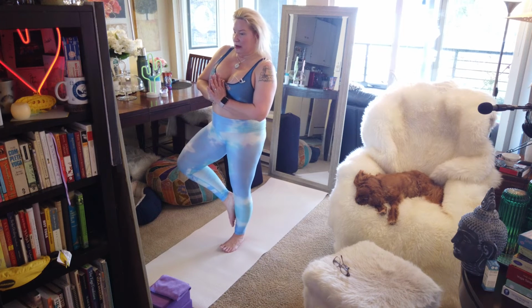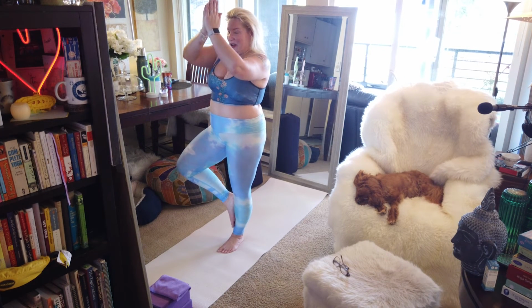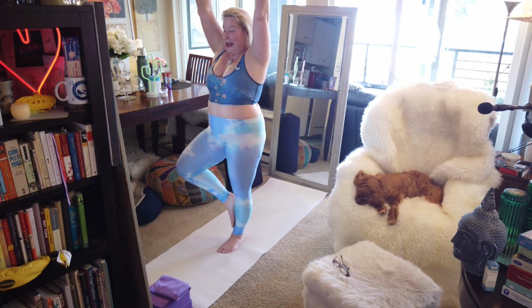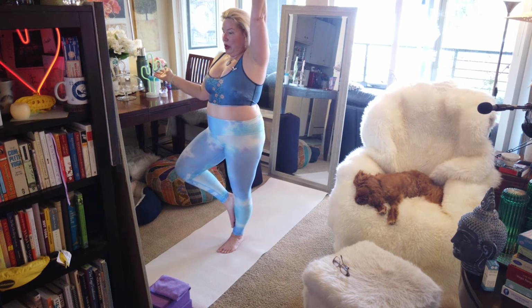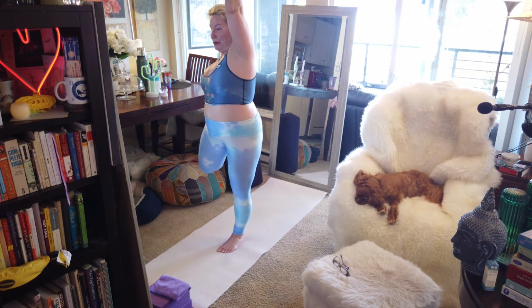Now tuck your tail, lift your heart, grow your branches. Raise them up high, looking good. Now we can add a dancer from here. So take your right hand out, draw your right knee up, sweep your leg back, and as able, capture your